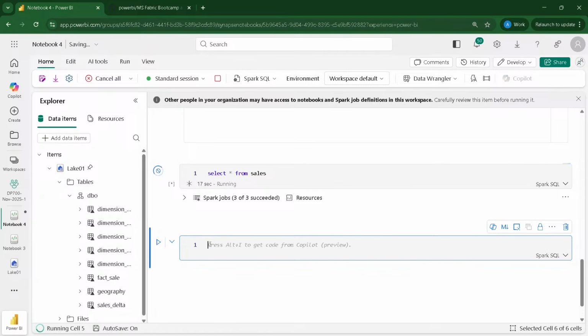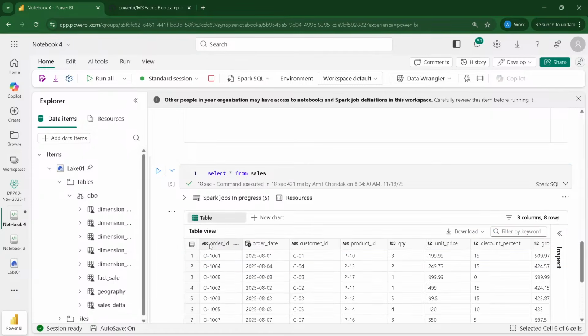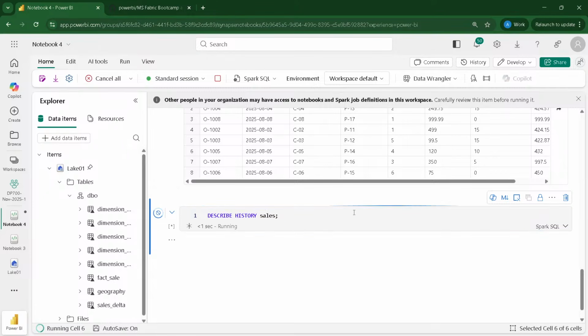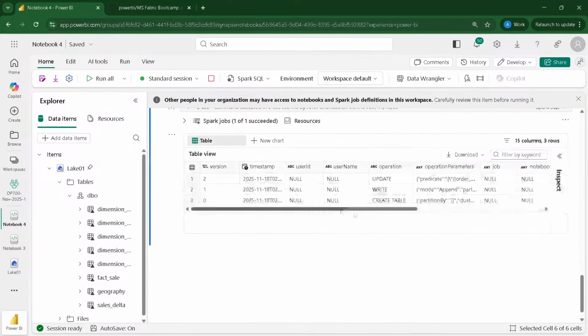While it is running, I'm going to type in the next command, because one of the biggest things we want when we deal with PySpark or Spark SQL, especially the lakehouses, is the history. We manage everything.